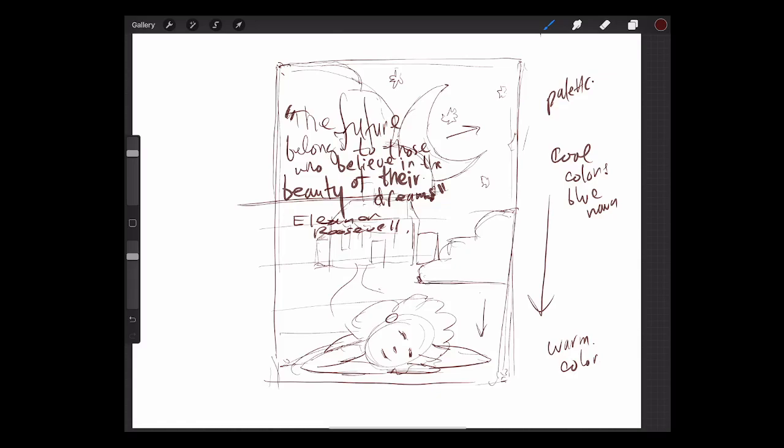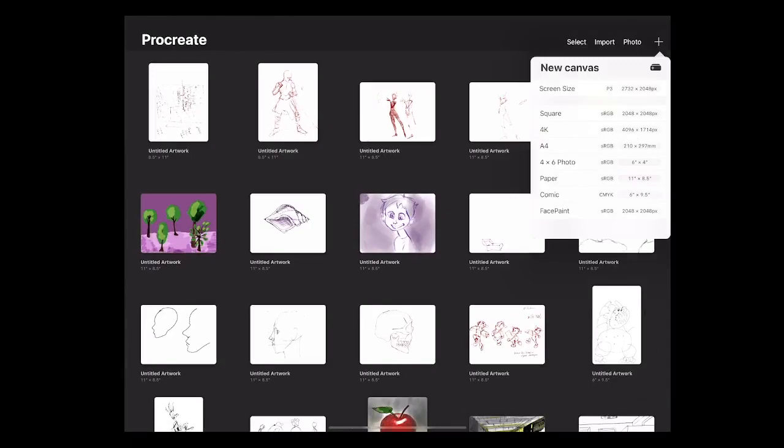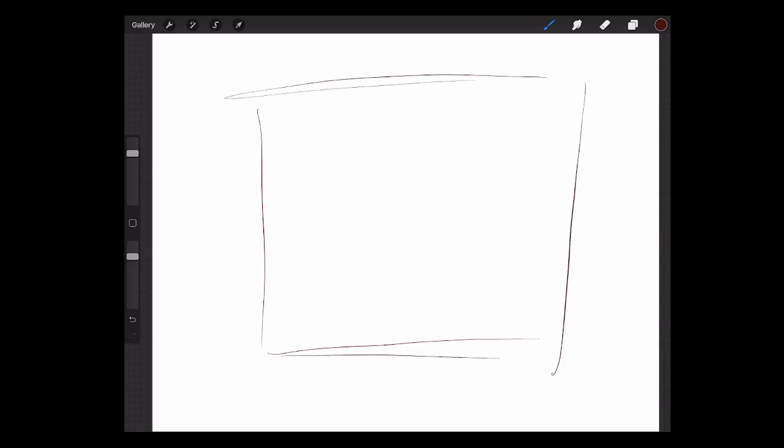So this is one, and then we can go to another page here and create another page. Then, with the same quote, do a different variation. The future belongs to those who believe in the beauty of their dreams. So what's another idea that we can sketch out here? One thing I think of is someone moving towards their dreams and the beauty of their dreams. So I wonder how we could do that here.